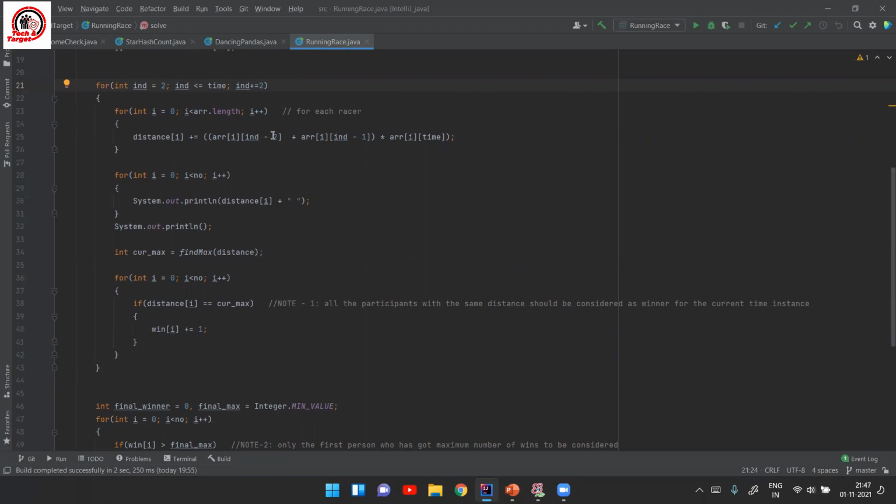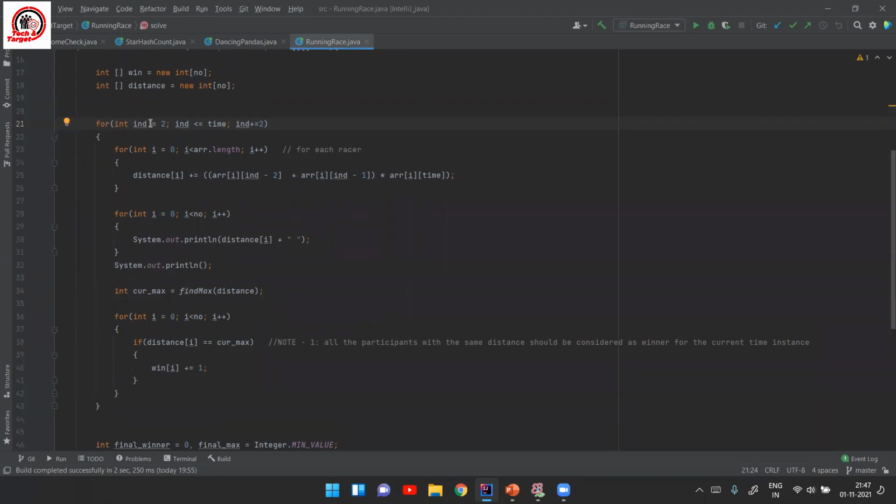Now what happens is, when you are given an array, you have to worry about the array index out of bounds exception, as you will have that constraint here, right? If you take 0 and 1 that way, you have a problem, but if you start from 2 and subtract 2 and 1 from it, you will not have any problem with that.